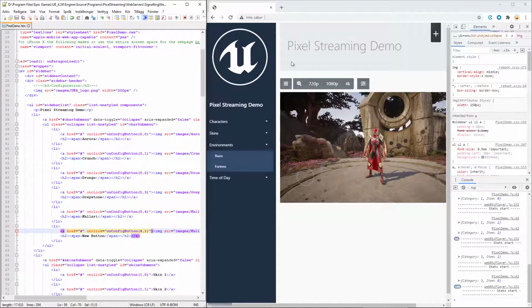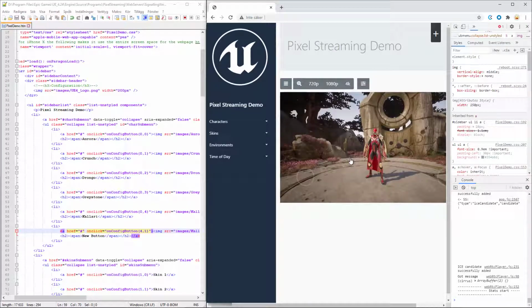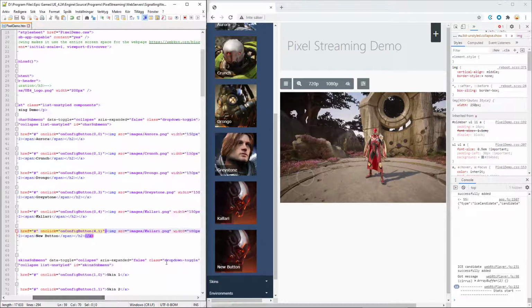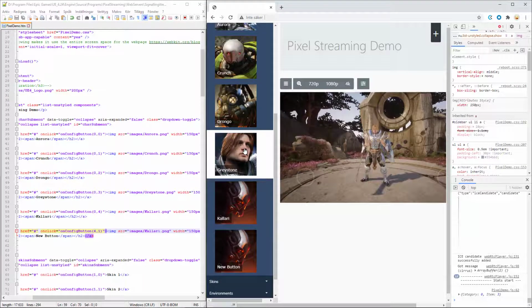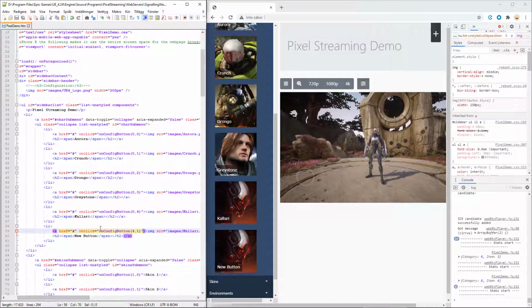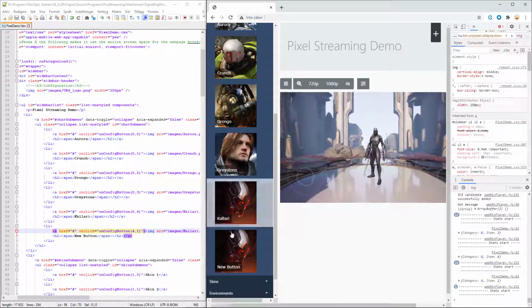If you save this and reload the website, you should now see that there's a new button here with the same image as the Kalari one, because we still have that same image here. Now whenever I press all of these old ones, it gives a category value of 0, but because we changed the value on onConfig button for the new button, if I press that, it should change to the Fortress environment.